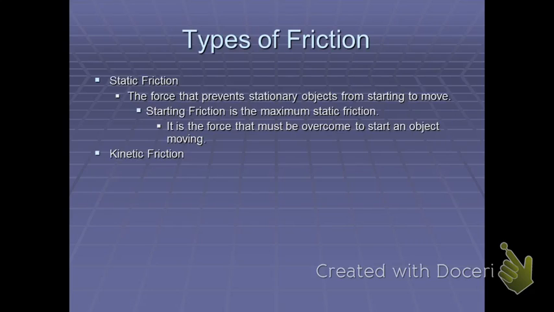So kinetic means motion. And so we would take a look at that, and kinetic friction is now the friction that's involved when an object is actually moving along a surface. So it is going from a stationary position, which is static friction, to a moving position, which would be now kinetic friction. Now, there's some key differences that you would want to keep in mind when we're talking about static versus kinetic friction. First of all,